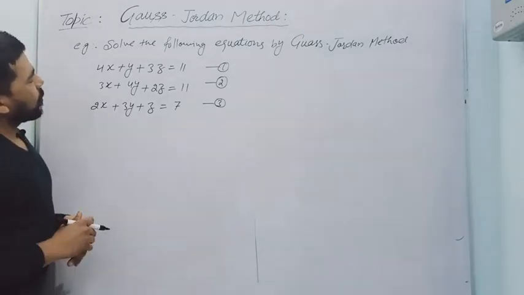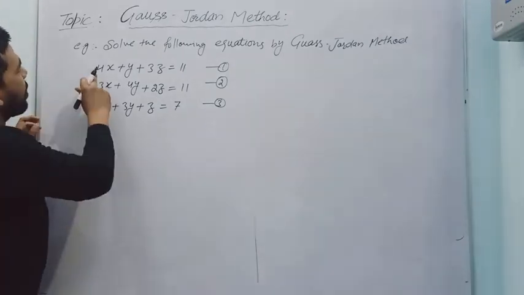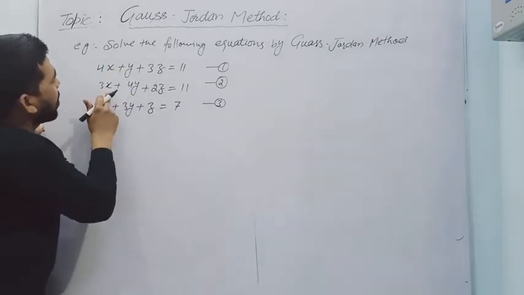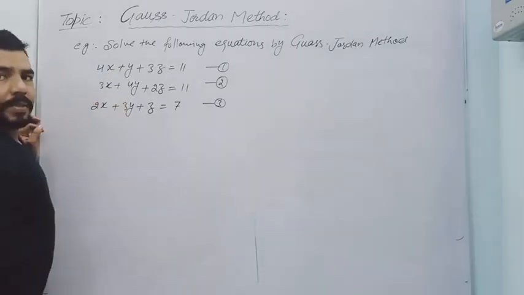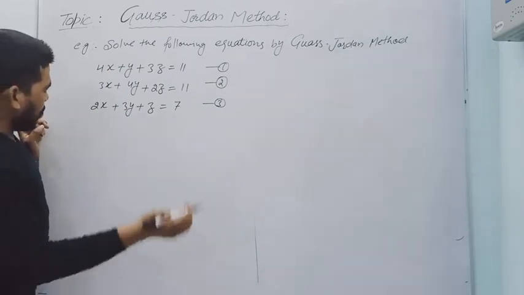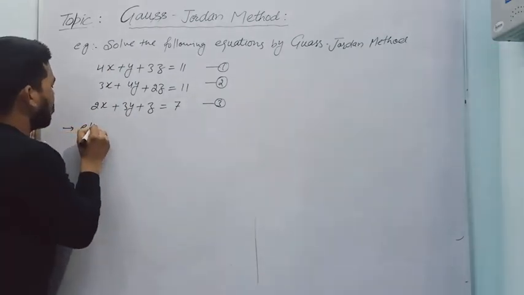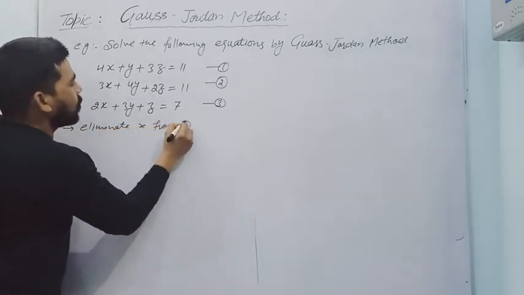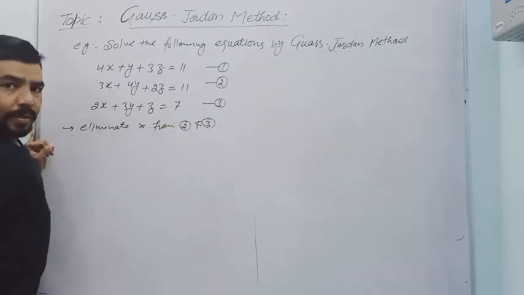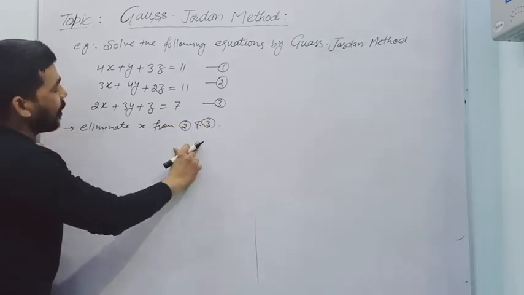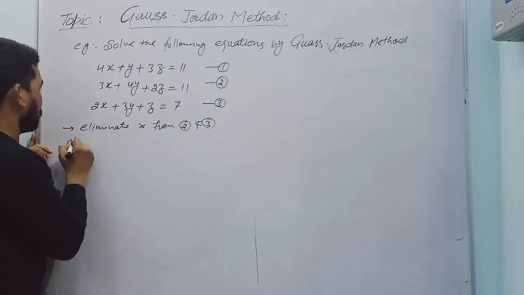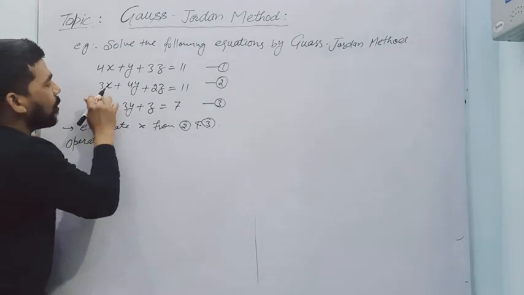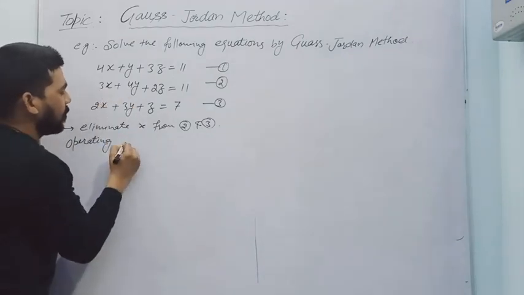ओके, सो उसको करने के लिए हम क्या करेंगे, सबसे पहले पहली इक्वेशन का यूज करते हुए, by using the equation number 1 we will eliminate the x from the equation number 2 and the equation number 3. We will eliminate x from 2 and 3. Okay, अब how to do that? You have to do it by using the operation. What I have to do? Doing the operation, equation number 2